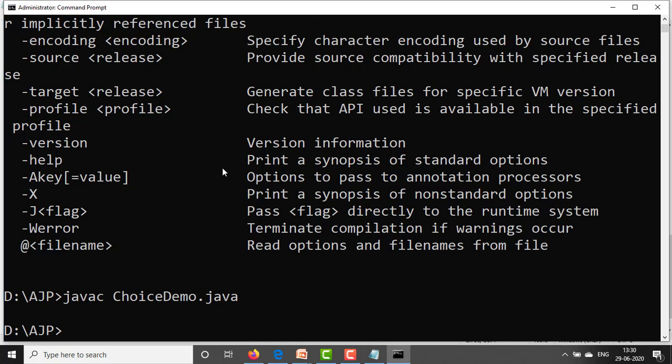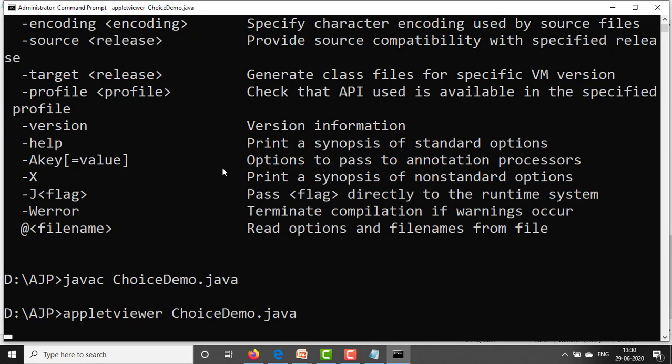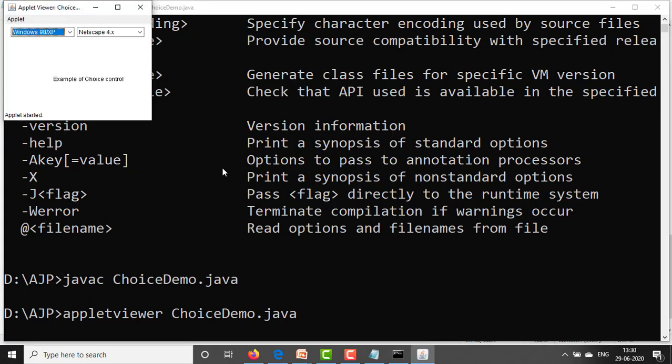Go to the execution, write appletviewer ChoiceDemo.java. Then this is the output for our program. Here two controls we have created, OS and browser, and this opens the pop-up window, and in that window we have added 4 items.